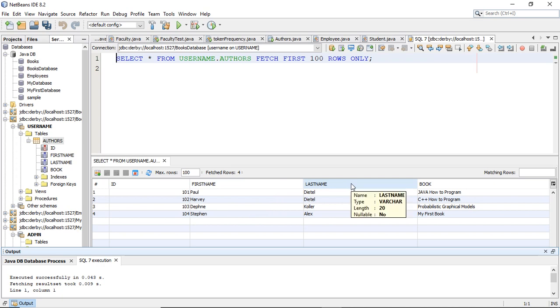We have a last name, the nullable is not allowed, and the rest of the details are similar to our first name. And then we have the book, and it is also of type varchar. The length that we have provided is 100 initially. So when you